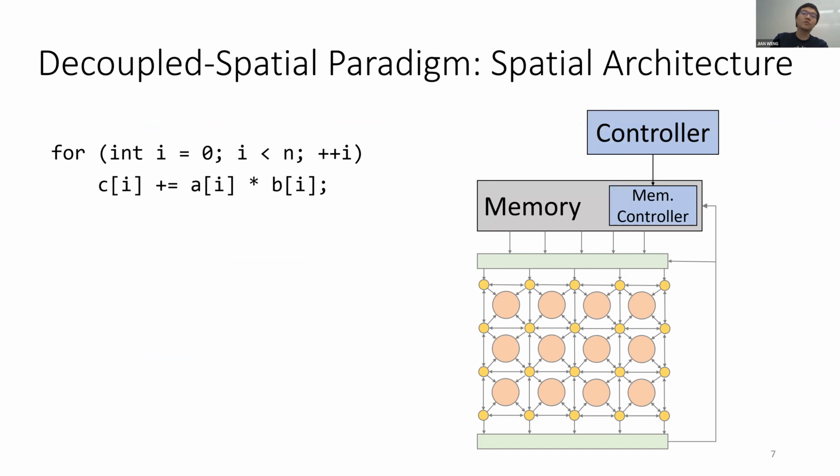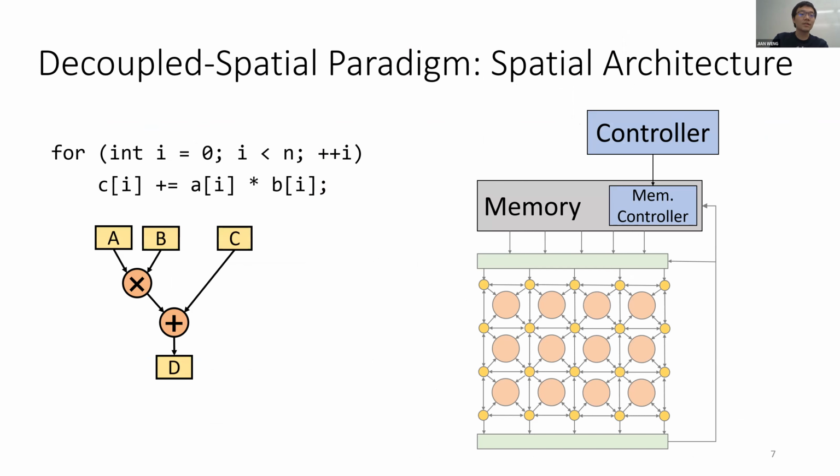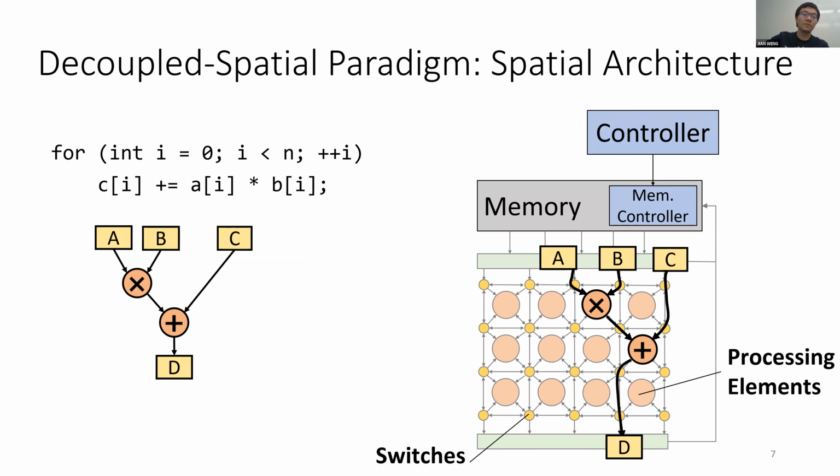To explain the decoupled spatial execution model, let's go through a very simple example. For this piece of code, the memory access and the computations are decoupled and represented in a dependence graph and mapped onto a spatial architecture. A spatial architecture typically refers to those architectures that consist of processing elements for computation, connected by an on-chip network composed of switches for routing the instruction dependencies. And the synchronization FIFOs are injected. They not only serve as an interface of the operands, but also coordinate the timing of data issue and